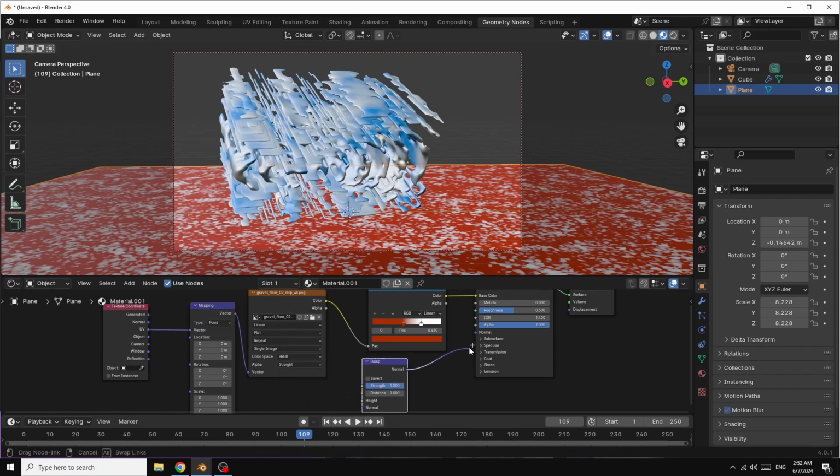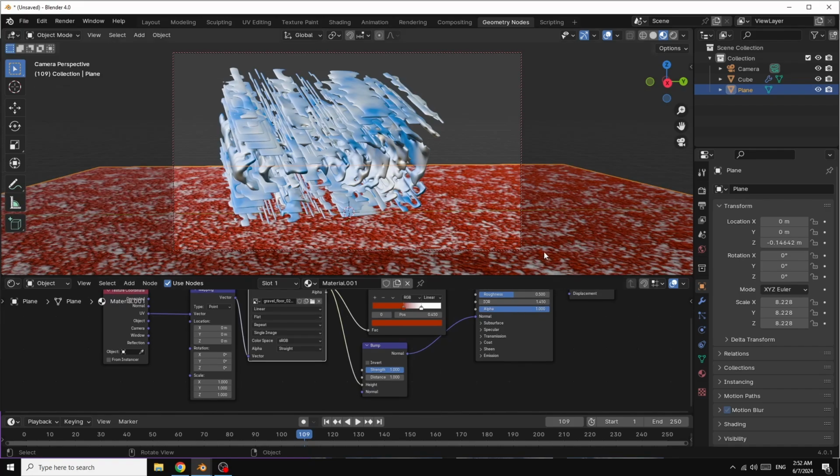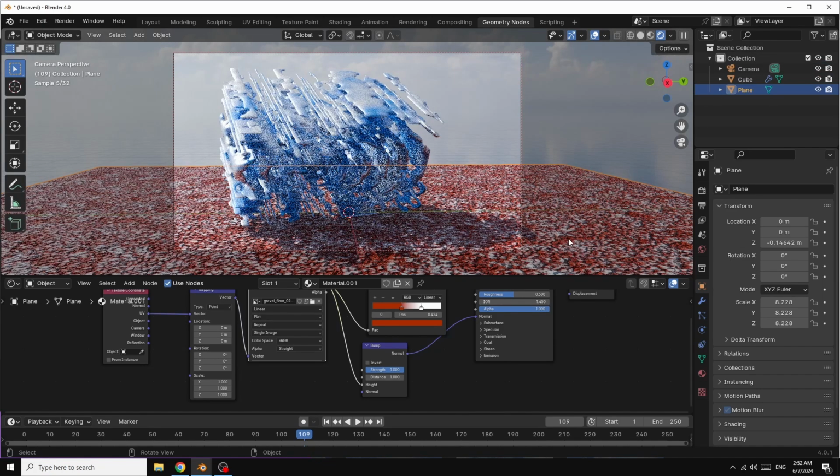I connect the bump to the normal and the color to height. Now you can see we have this cool background like this. Now if I go here in viewport shading, as you can see it's better like this.